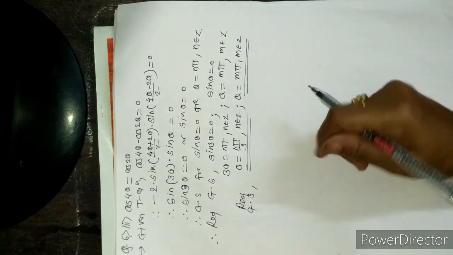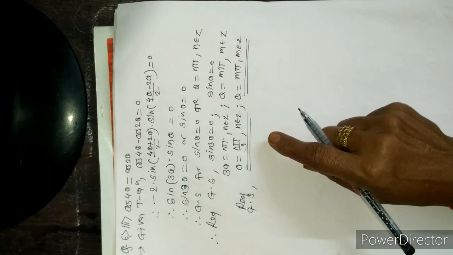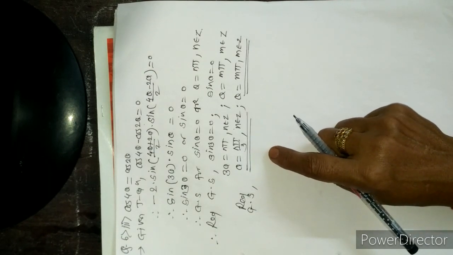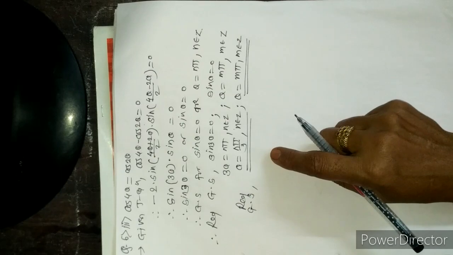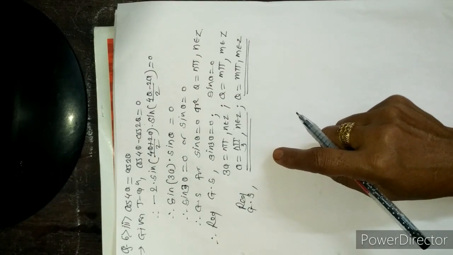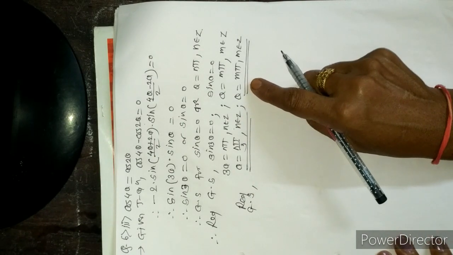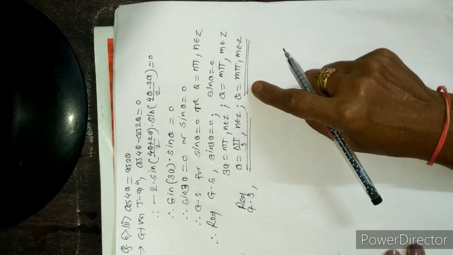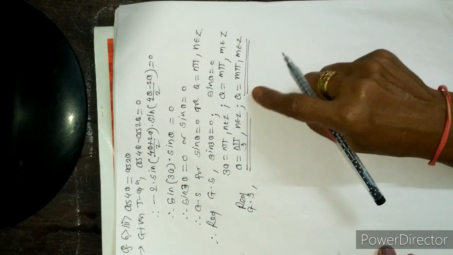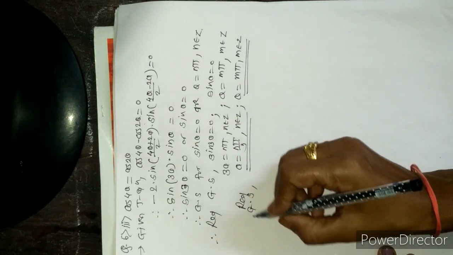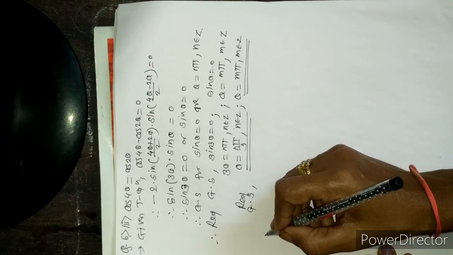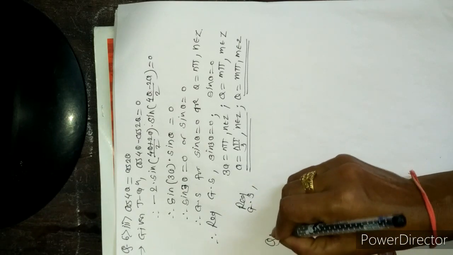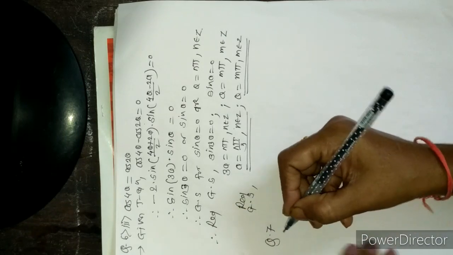Here we use two parameters n and m because for the same value of theta we take integers n or m. You may use the same integer, but both values are different, and therefore we use different parameters n and m. Again, now we start question number 7 from the same exercise.